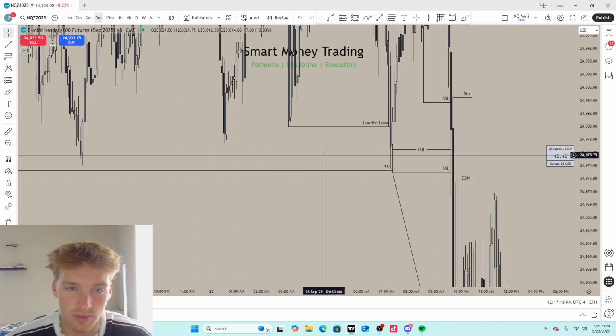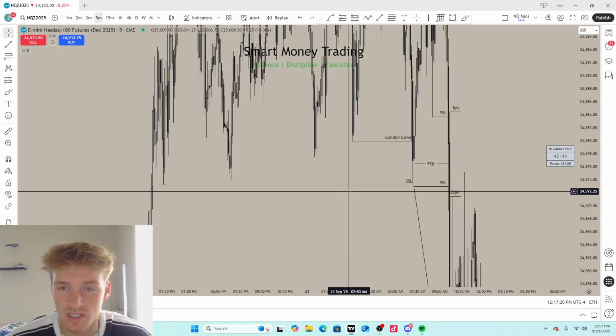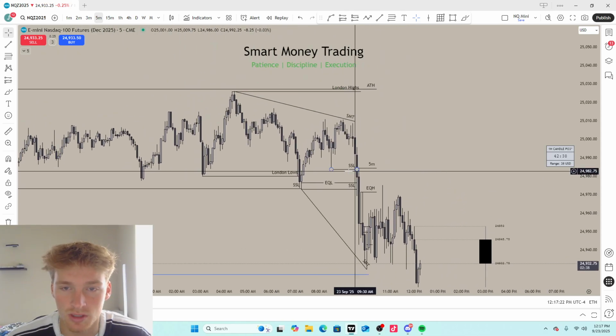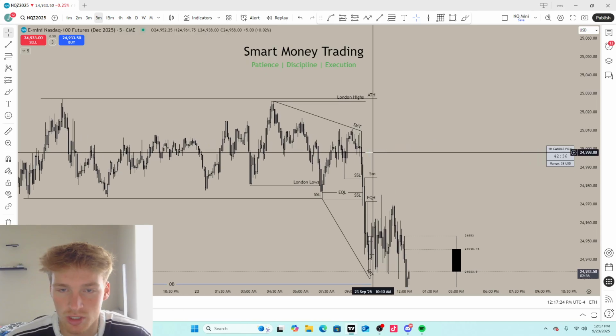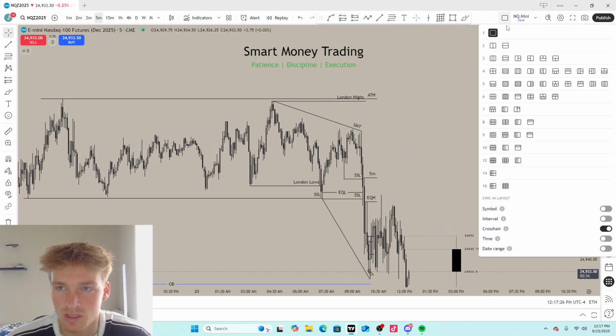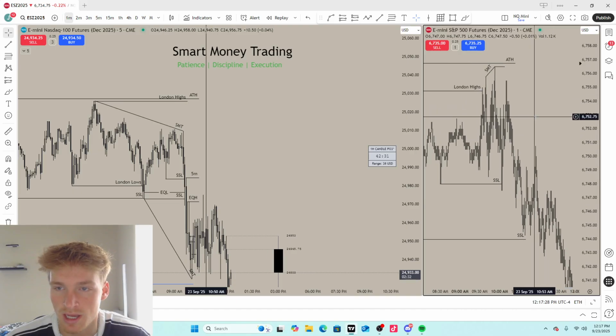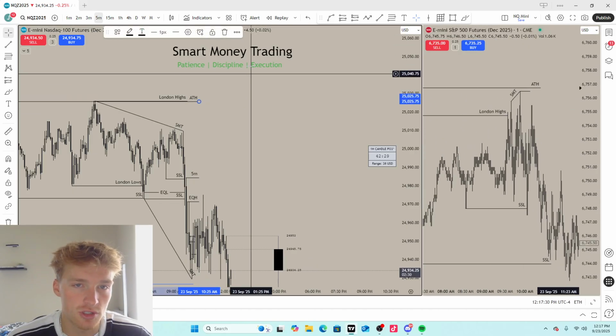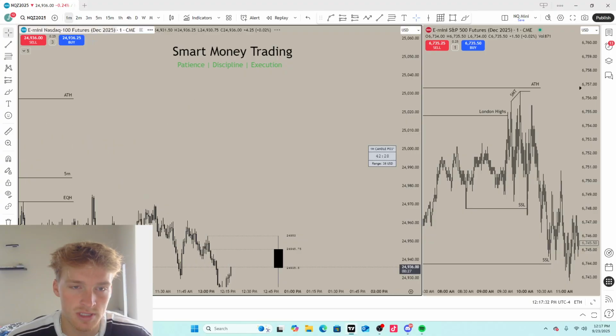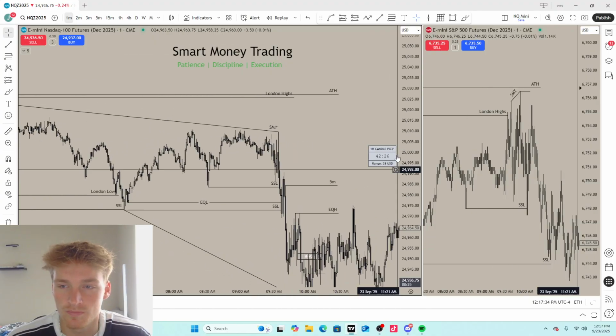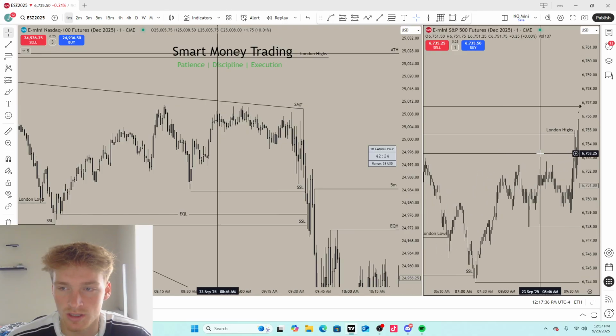Coming in pre-market, we had already swept out this low down here. We had already swept out London lows. We were up here. This is market open right here. It's better to look at ES to actually see what we were targeting here and the reasoning behind our trade. So market open was right here,